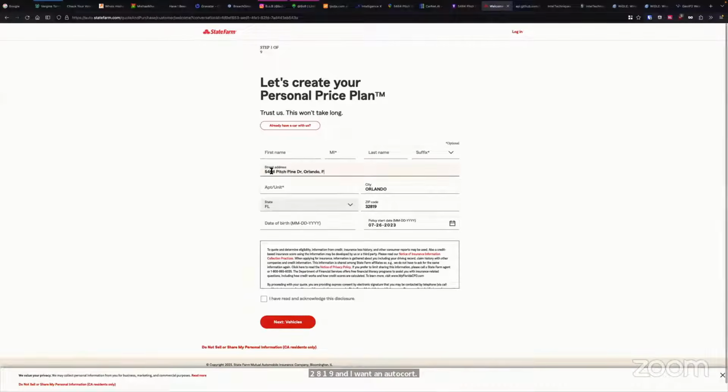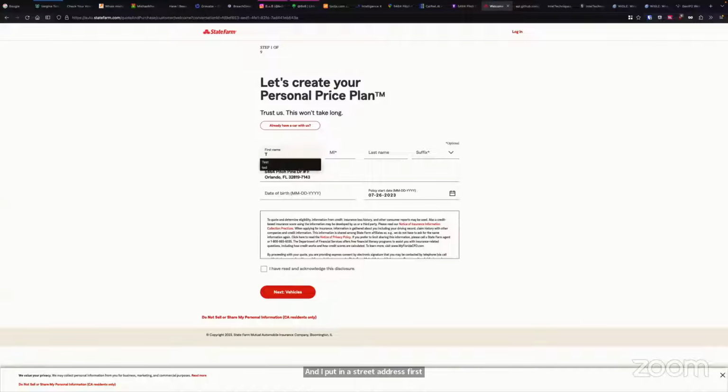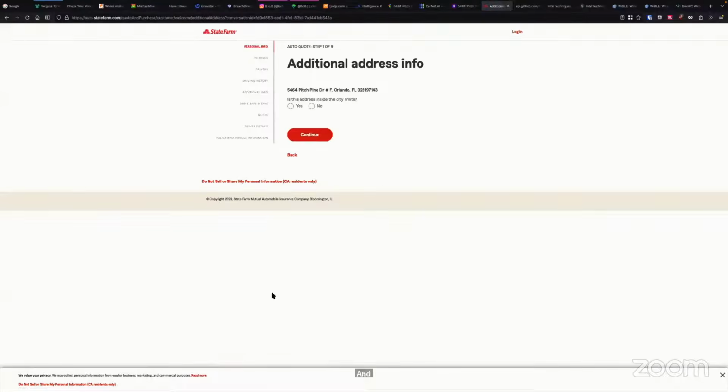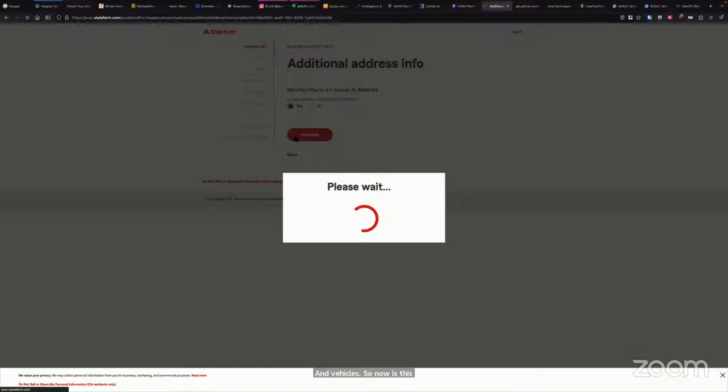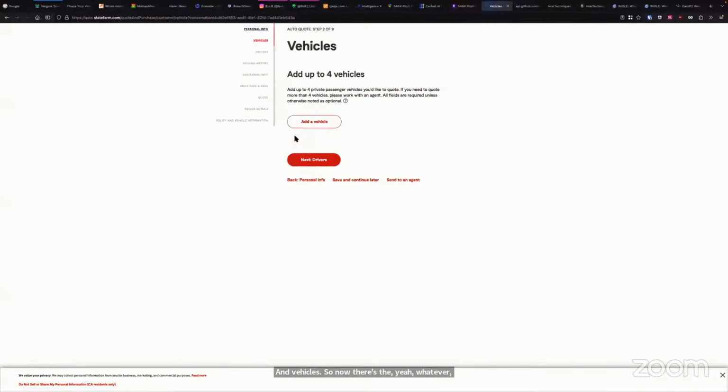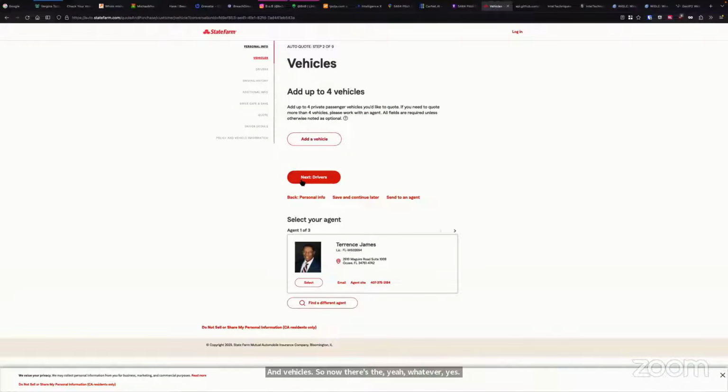I put in a street address, a first name, Tony Stark's brother, a random date of birth, and vehicles. Let's see what information State Farm gives us. Add up to 4 vehicles. Didn't give me any info.